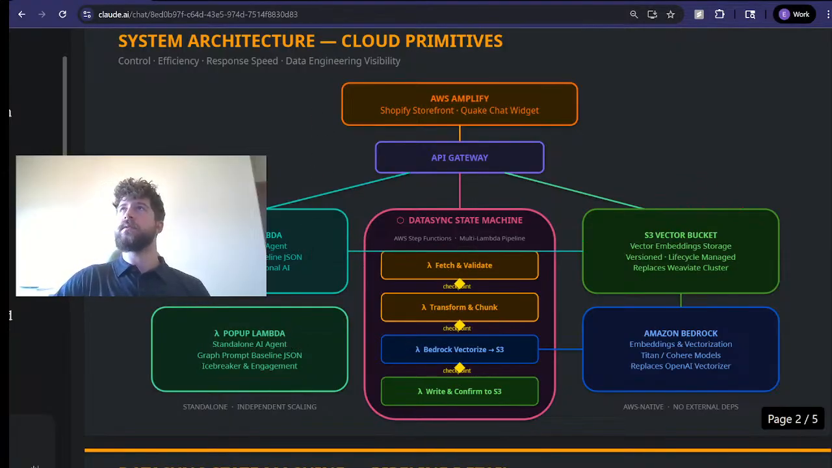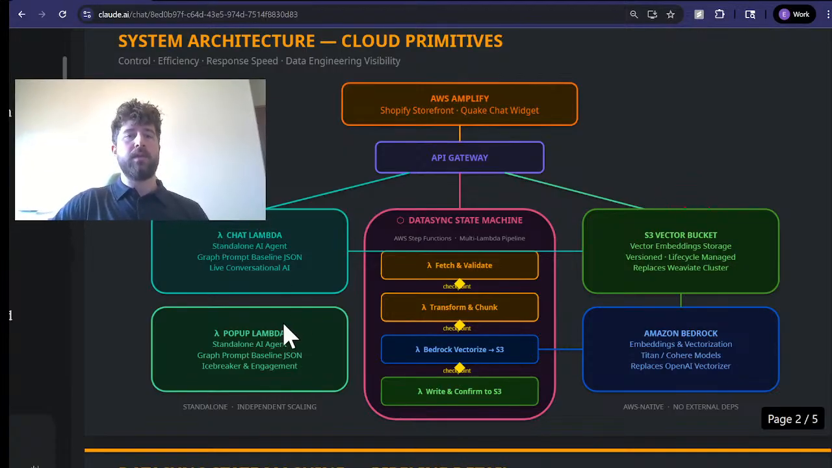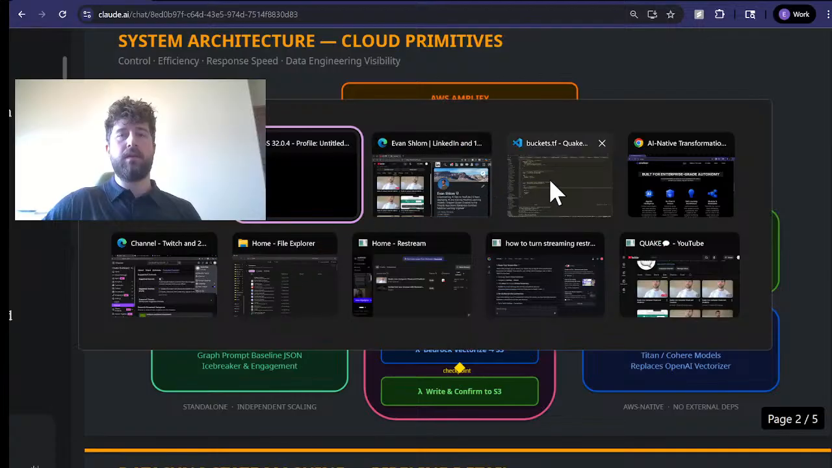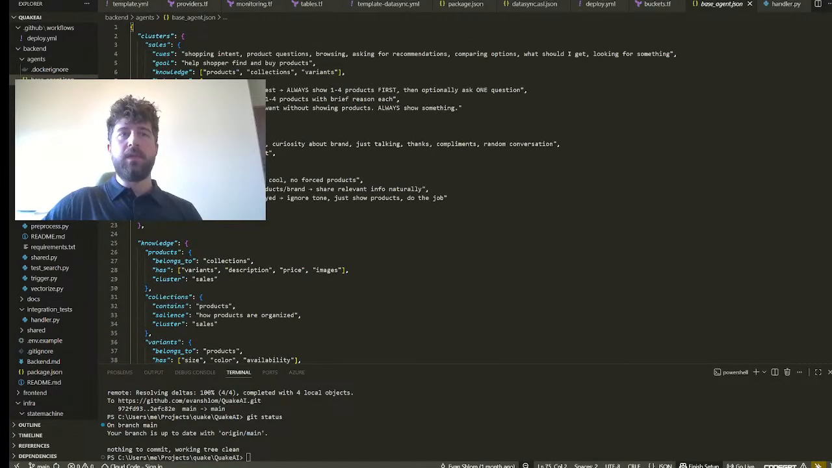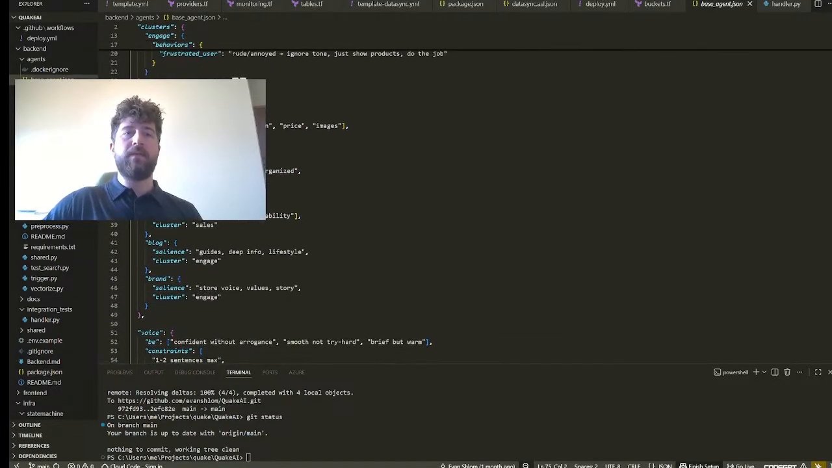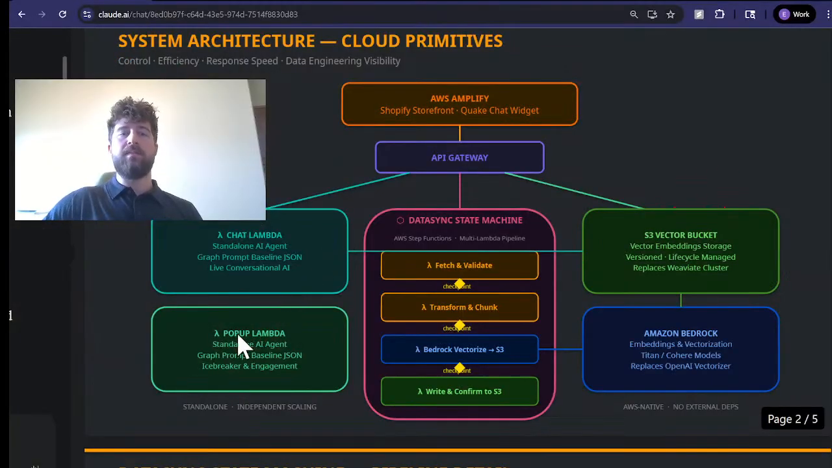These are the AI agents to the left, the chatbot and the pop-ups. So these are both chat based, and they have their own baseline JSON files. So the chatbot has a baseline JSON, which is a graph. So everything's organized as a graph. And then the pop-up Lambda,